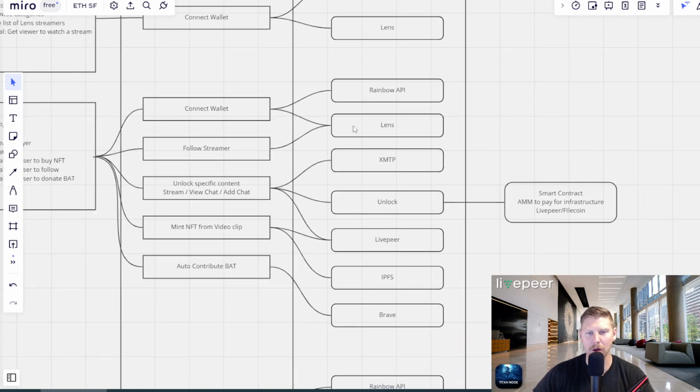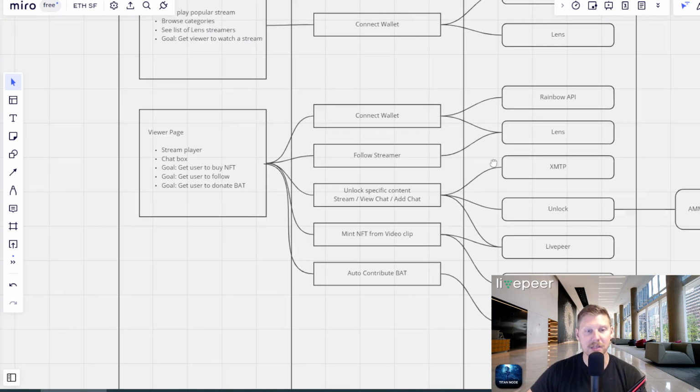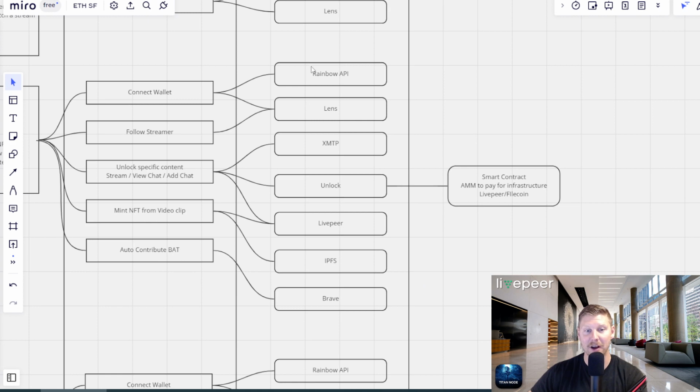So what are the protocols that look like this? Now, I know this is getting very technical, but I want to just show you exactly the amount of layers needed to build these truly decentralized kind of competitors to current global leaders, right? So Twitch is a global leader, and they require a lot of different protocols in order to compete with something like that. Livepeer is not a one size fits all solution. It's just another layer. And so to view someone's stream, you're going to have these protocols.